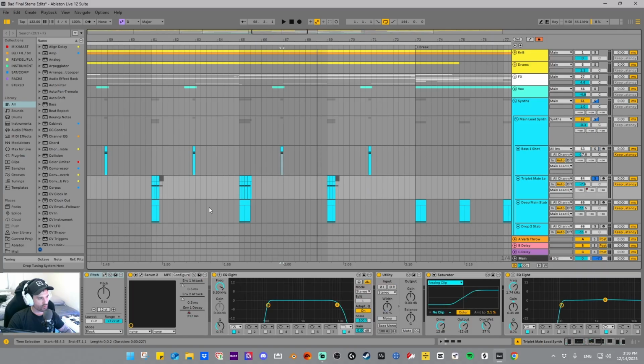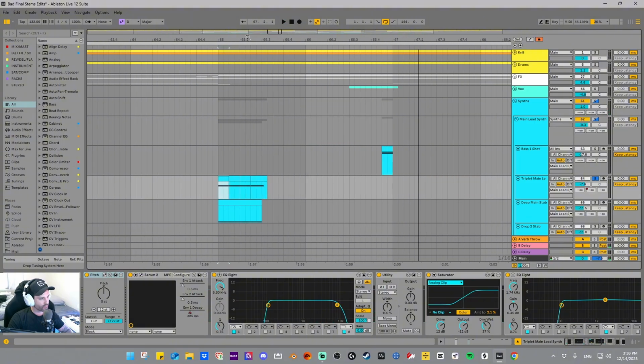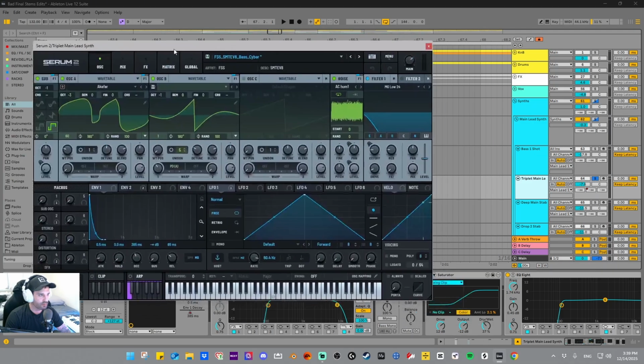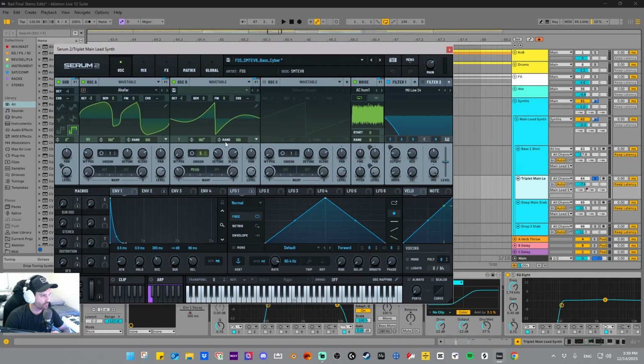So that's that one. We have this triplet. It's not actually a triplet, I don't think that's even a triplet, but let's see what we got here. So this one is this preset here. Actually don't know what pack that is, but